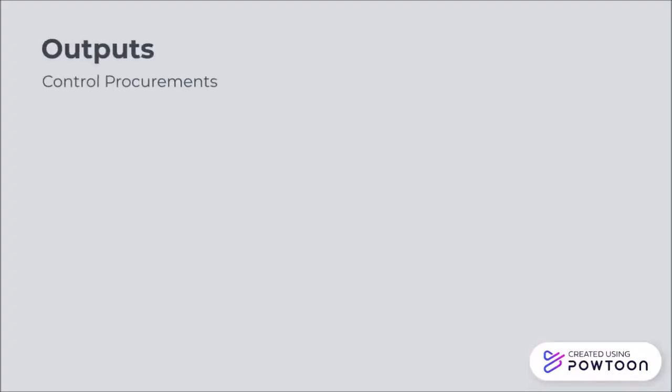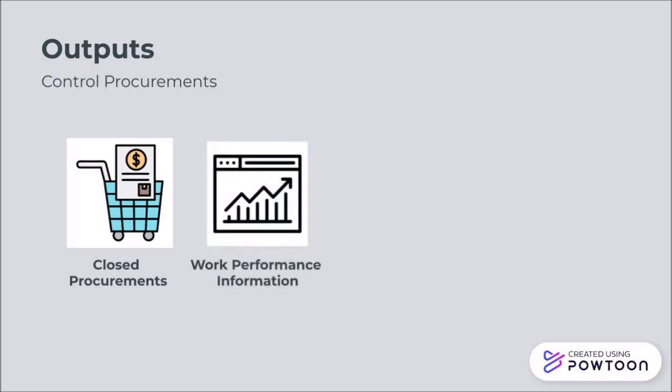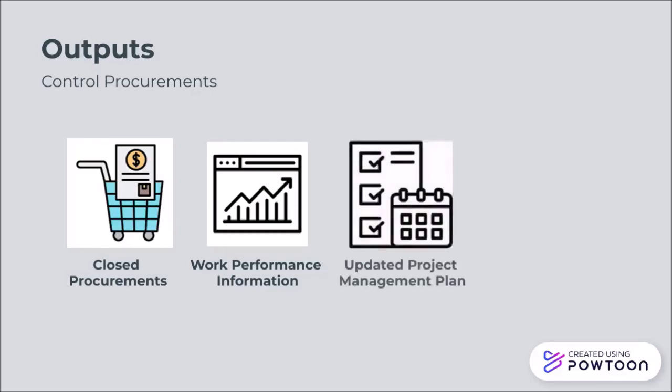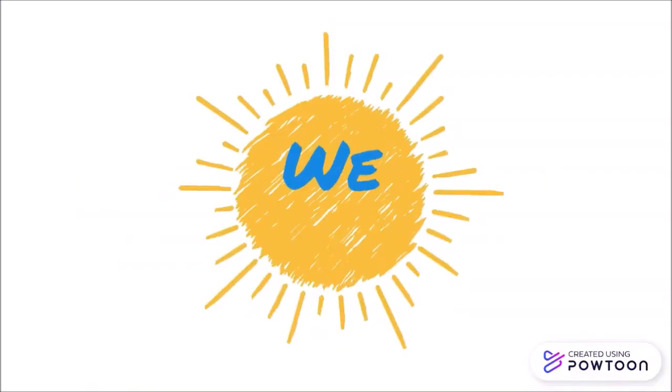The outputs for this process include closed procurements. In this, the buyer provides the seller with formal written notice that the contract has been completed. The work performance information includes information on how a seller is performing by comparing the deliverables received and the technical performance achieved. Updated project management plan with the changes in the schedule or cost. Updated project documents include all the changes made due to any change in the suppliers, contractors, or scheduled work plan. Finally, the entire team is happy and